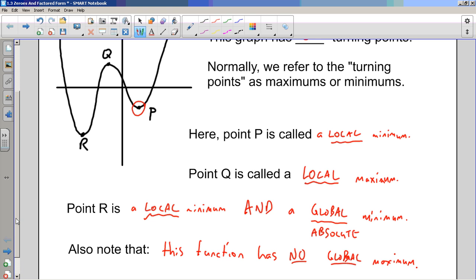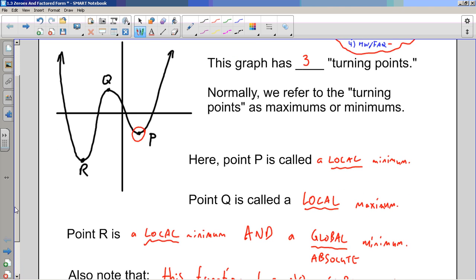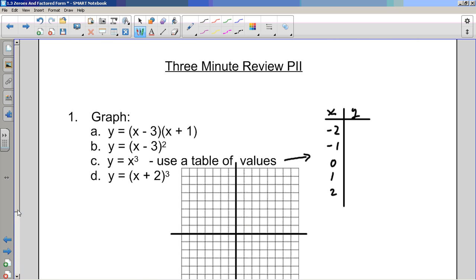All right, that was 3-minute review part 1. 3-minute review part 2. Hopefully you've done this already, some review. How would I graph this parabola? And it's a parabola because there's 2 brackets. I know the zeros are 3 and -1. And I also know that it's a parabola from grade 10 that the axis of symmetry is right between the 2 zeros,